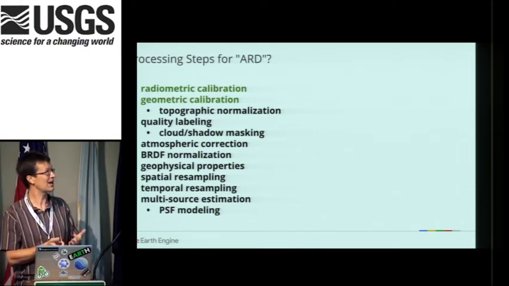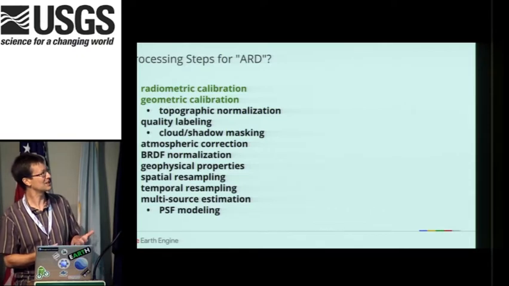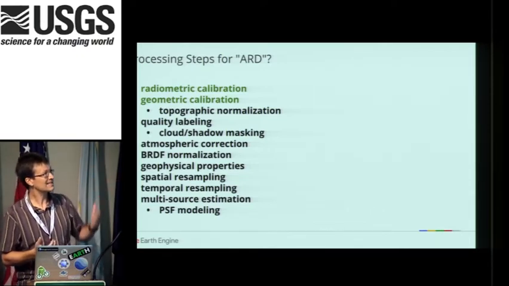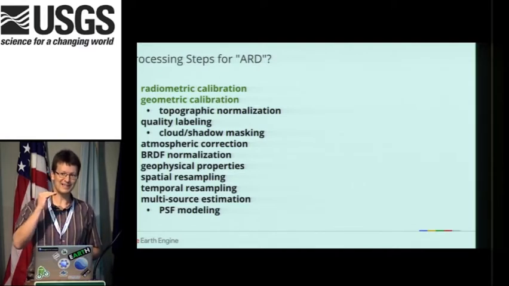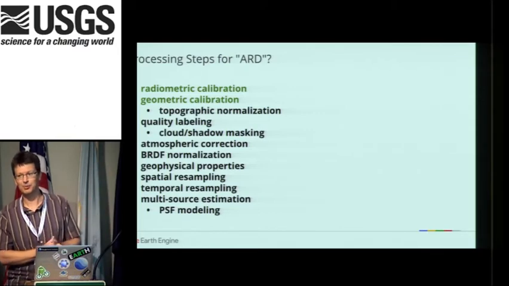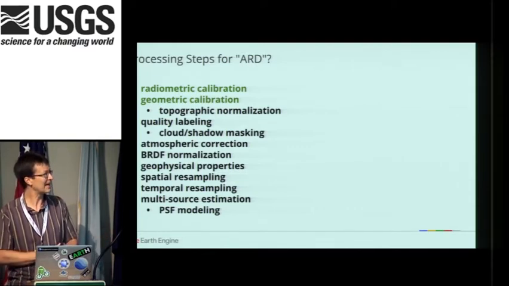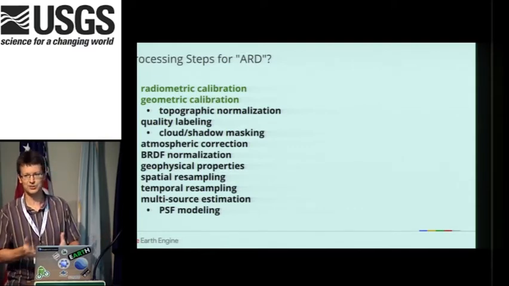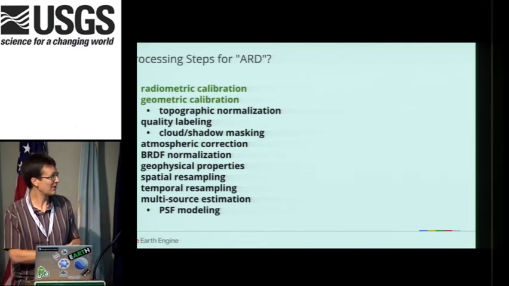There are so many cloud shadow mask algorithms. They're sensor dependent, and atmospheric correction as well. So for a lot of these, I can't really see us coming to an agreement on one ARD product, because there are so many different choices at any step of the way. And it's important depending on what analysis you're doing too. We might get an ARD product that is good enough for 80% of folks, but I would love to preserve that flexibility for people who don't want to go with all the defaults.